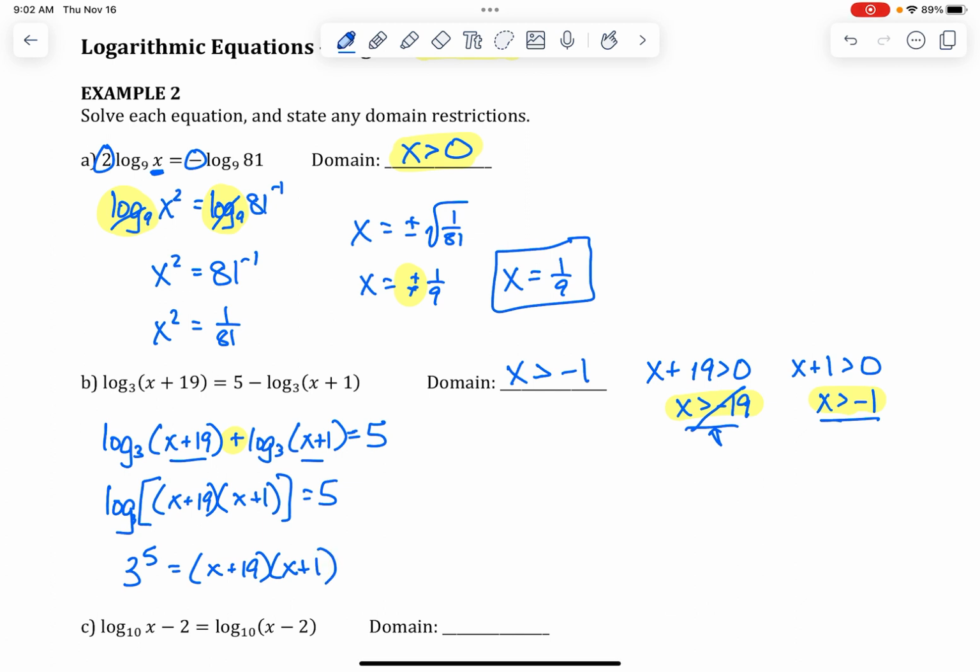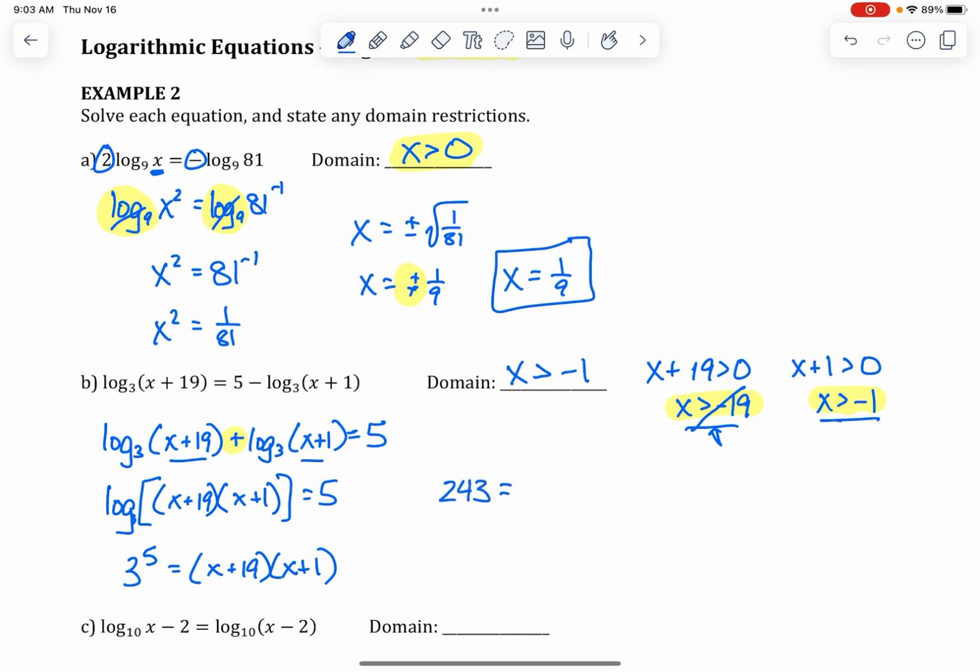And here's where you want to multiply it out. And it'll work out where you can factor it, so it's not a big deal. But you want to make sure you get the logs to one side, which allows you to use your properties and then rewrite it as exponential, right? So bottom line is a lot of these examples will end up being an exponential equation if you can use the right properties of logs, okay? So 3 to the 5th is